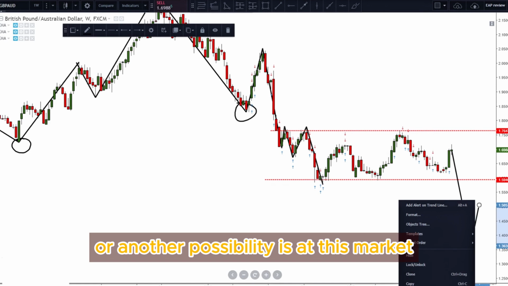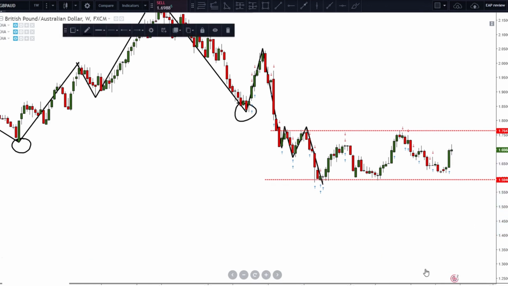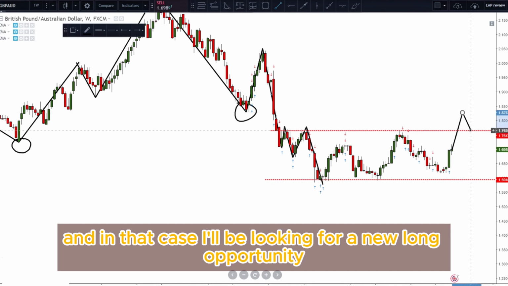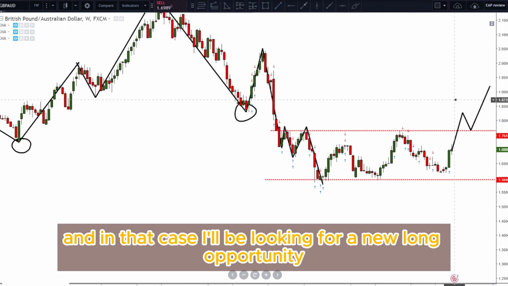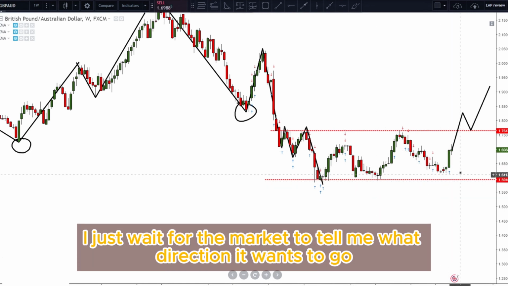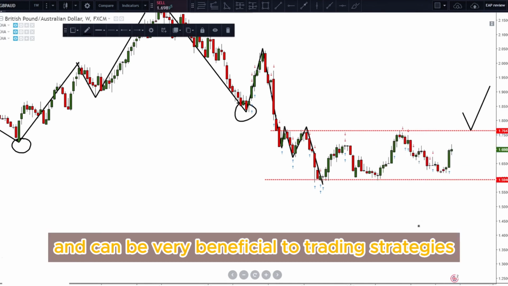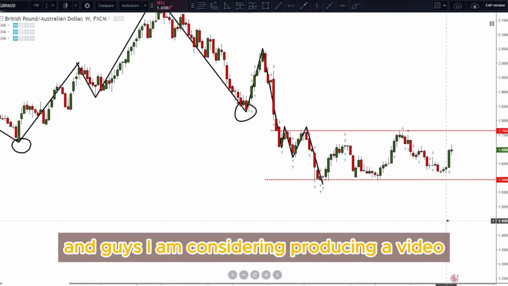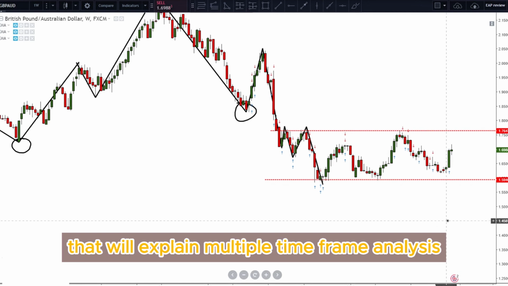or another possibility is that this market pushes up and breaks above our resistance level. And in that case, I'll be looking for a new long opportunity. So when markets start to consolidate like this, I just wait for the market to tell me what direction it wants to go. Another thing that's very important and can be very beneficial to trading strategies. And guys, I am considering producing a video that will explain multiple time frame analysis